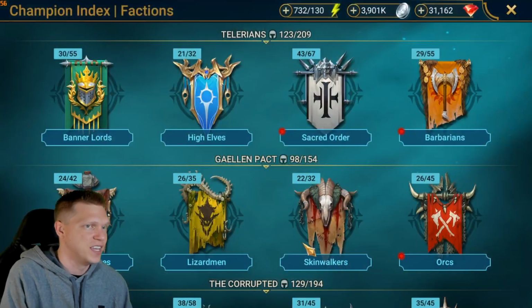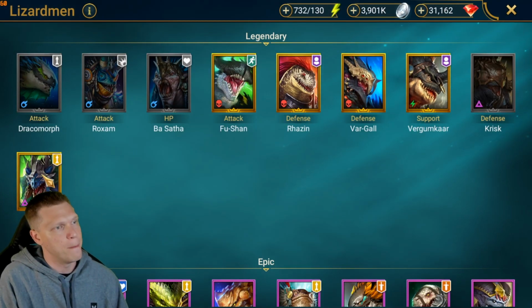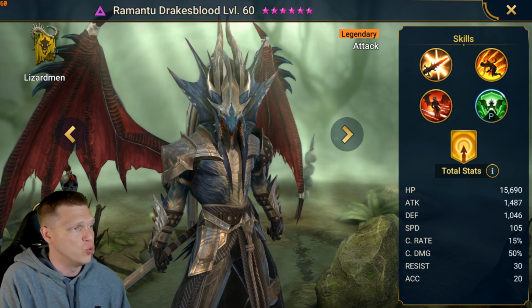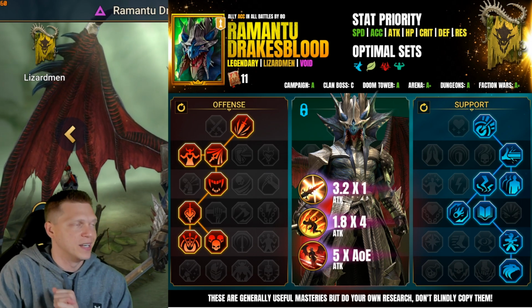So as we jump into the index, we're going to go under Lizardman, and the Void Legendary right here on the bottom left is going to be Ramantu Drake's Blood. Now, as always, for my champion guides, you know the drill. I've got an infographic right here that'll be down below in the description and a pinned comment, nice and easy